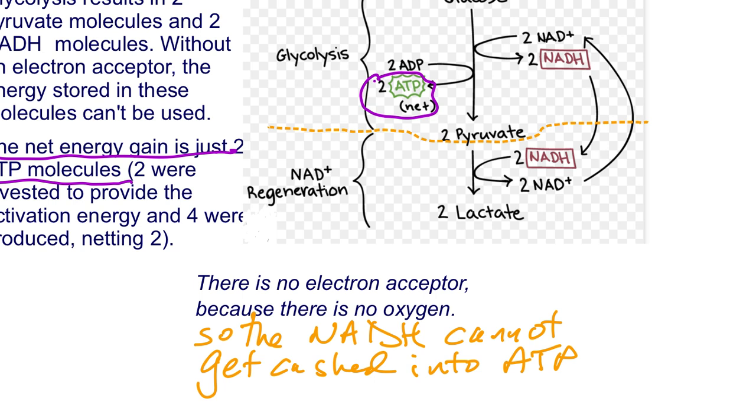Now, because there is no electron acceptor, no oxygen, in other words, at the end of the ETC, the NADH that's produced here cannot be cashed into ATP. And you're not going to be able to form more ATP here unless you have the uncharged, the unenergized NAD plus available. So what seems really wasteful, what has to be done is that NADH that was formed during glycolysis has to be used